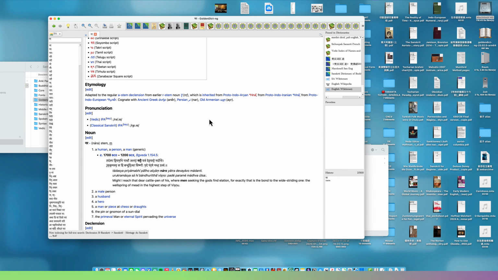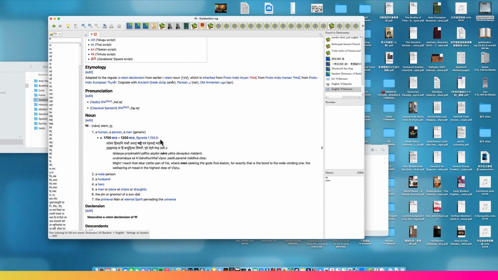Although some linguists say that you should use the etymology from Wiktionary with caution, it's better than nothing. Anyway, it has IPA, the pronunciation mark, and even example sentences and translation, the meaning,